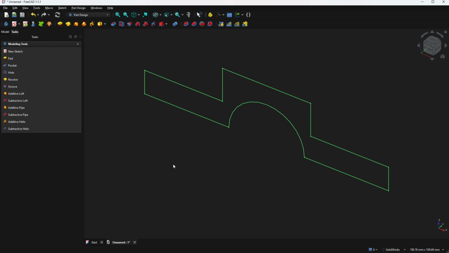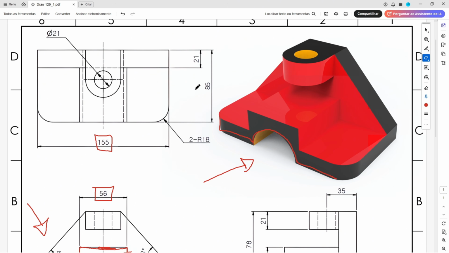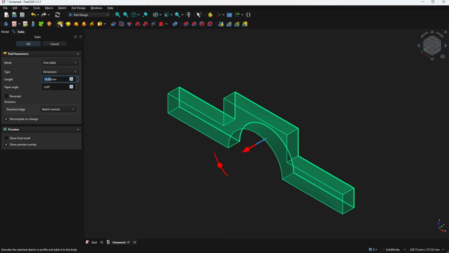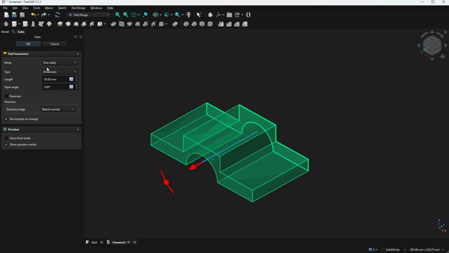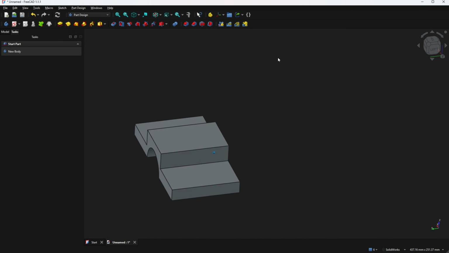We need to extrude this. And the distance is 85 millimeters. So go to pad and select this profile. The length is 85 millimeters. One direction, okay, and press OK. We made the base,